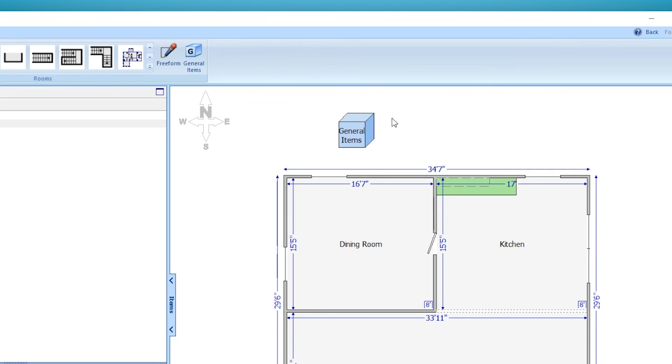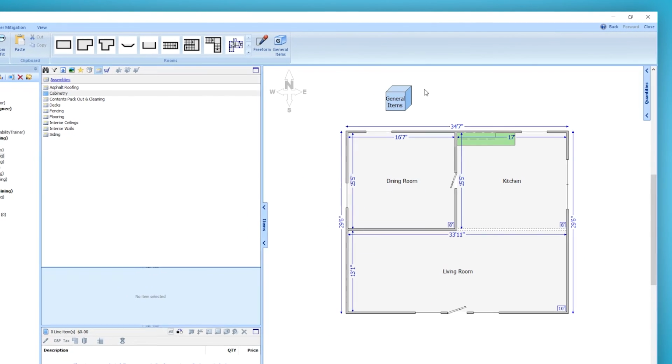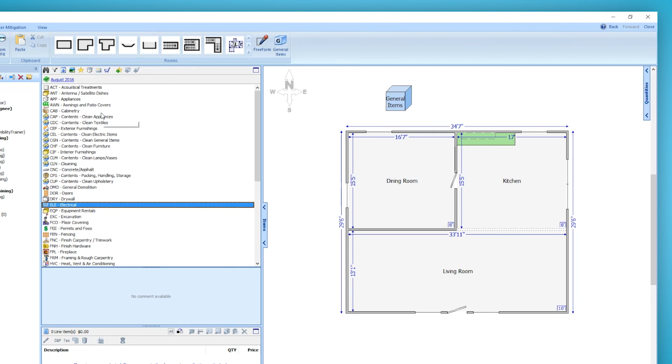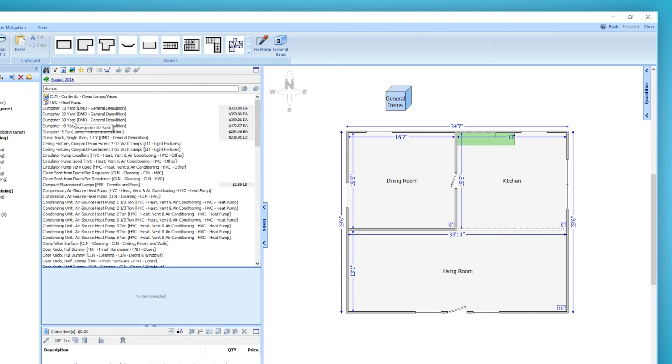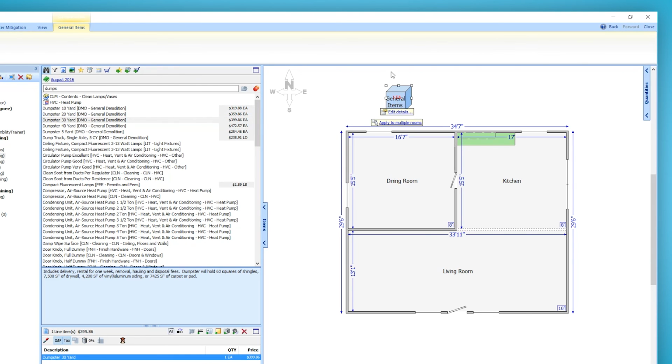The general items bin is great for things that aren't specific to a room or aren't specific to a floor plan. Things like permits and fees or dumpsters. You know, they're more claim specific or related to the overall claim. So a general items bin is a really nice place for that. So let me turn off Assemblies, and maybe I'll use my binocular search to go look for, how about a dumpster? You find your item, you drag it in there, and now my general items bin is holding my dumpster,